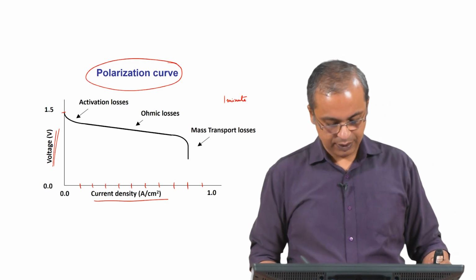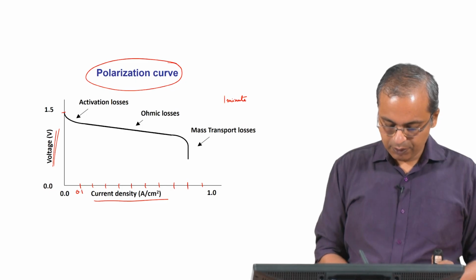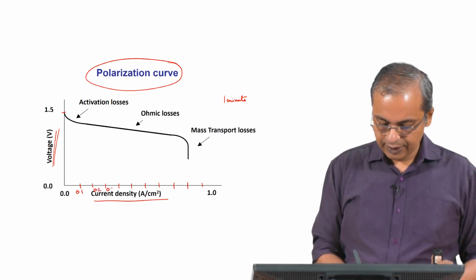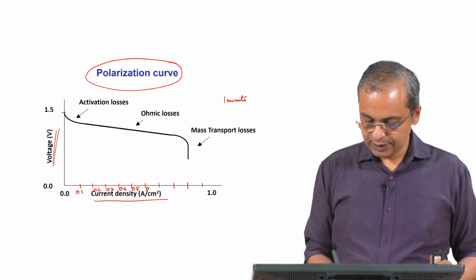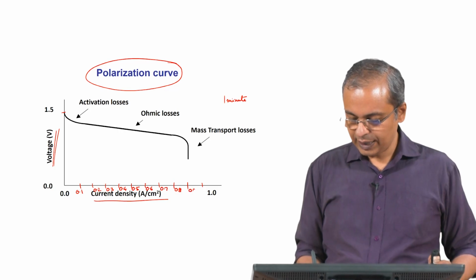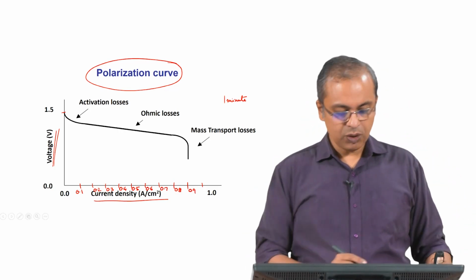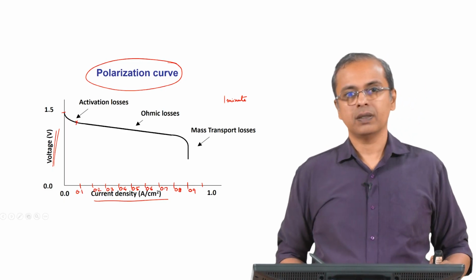Okay, so that is current density 1. So let us say this is 0.1, 0.2, 0.3, 0.4, 0.5, 0.6, 0.7, 0.8, 0.9 and 1 amp per square centimeter. So you change the current to 0.1 amp per square centimeter, you measure the voltage,